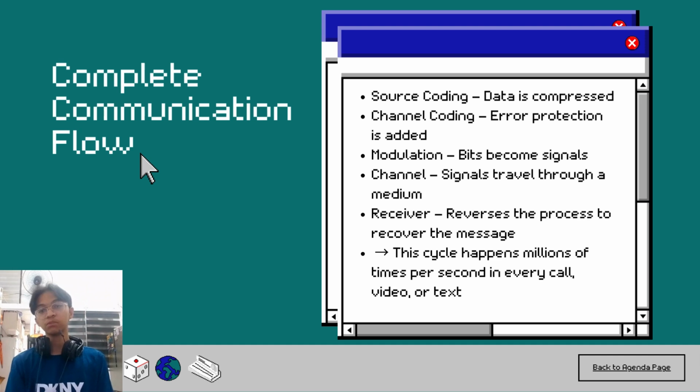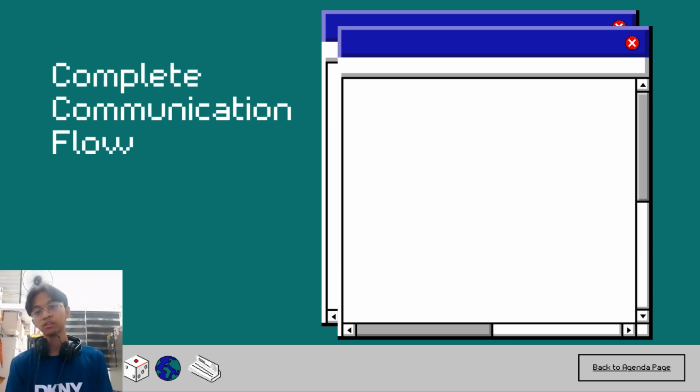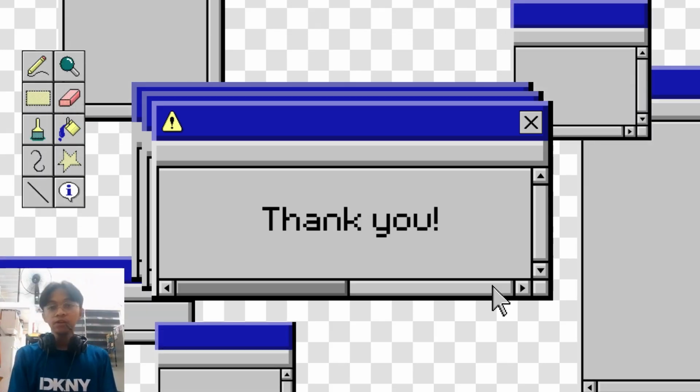This happens incredibly fast, millions of times per second, whenever you stream a video, send a message, or make a phone call. So in short, every digital message we send, whether it's a YouTube video, a phone call, or a text, goes through the same process. The data is compressed, then it's protected, and then converted into signals, and sent through wires, light, or air.